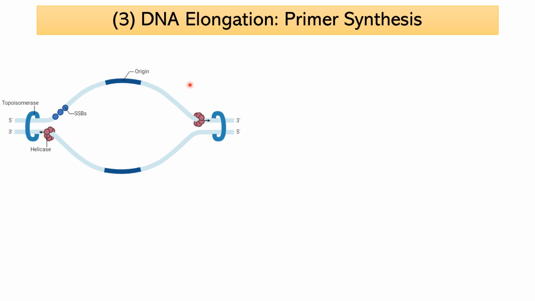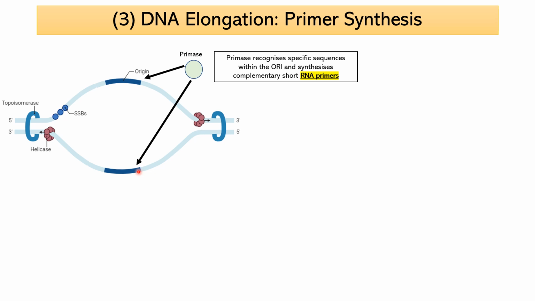So this is the replication bubble, and as we can see, these single strands are naked, so DNA polymerase cannot bind to these strands. Therefore, the role of primase is that the primase enzyme can bind and recognize the specific sequence found within the origin of replication, okay? And what they would do is that they will synthesize short RNA primers within the origin of